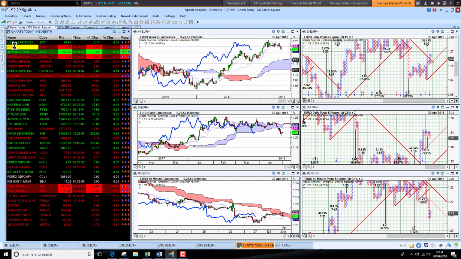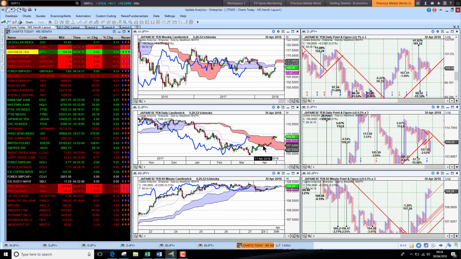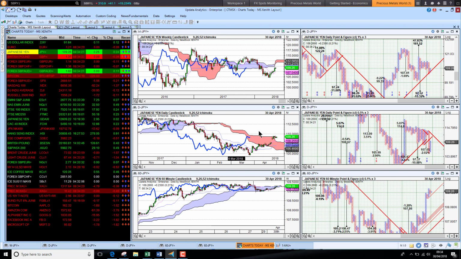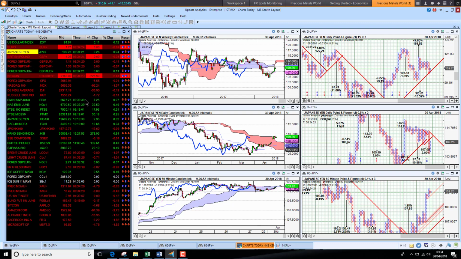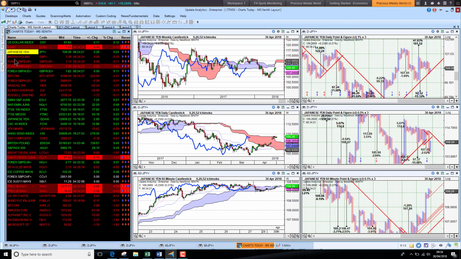Looking at the euro, of course, that means weaker euro against the dollar and just coming out below its cloud as well. So euro strength coming to an end against the dollar. And Japanese yen, actually, interestingly, the dollar didn't quite make it above the cloud last week, so this is one last hurdle for the dollar on that medium-term chart. Less work to do on the long-term chart.